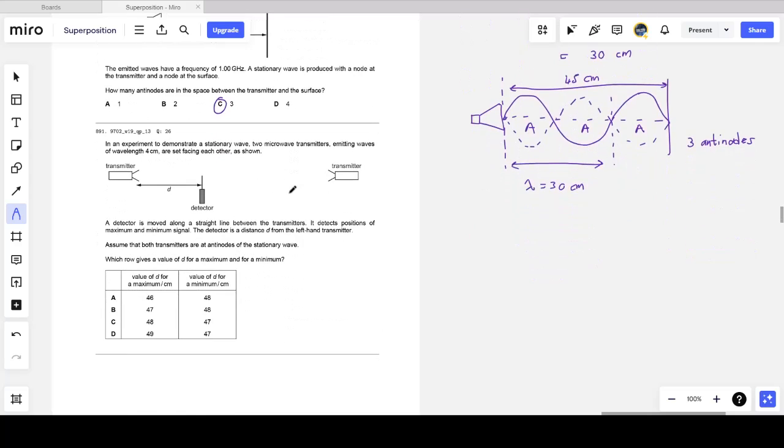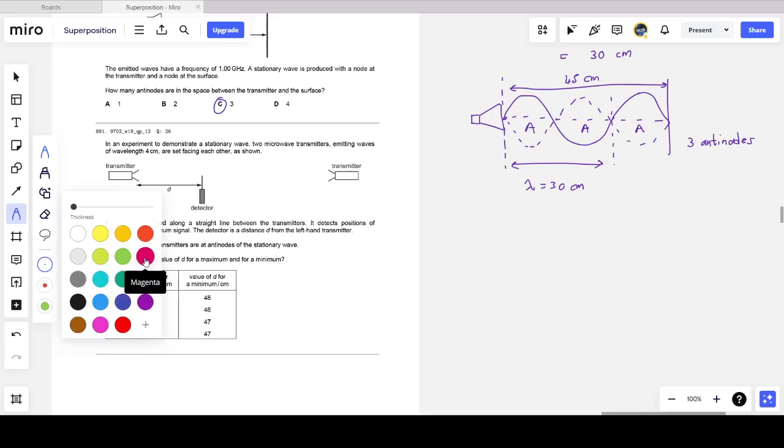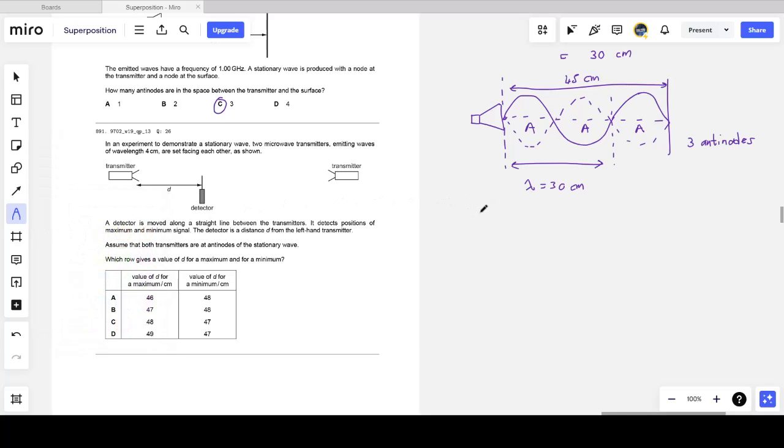Now, the last question we're going to do in today's video is 891. It's from the winter 2019 exam. It's question paper 1, variant 3, and it's question 26 from that paper. In an experiment to demonstrate a stationary wave, 2 microwave transmitters emitting waves of wavelength 4 centimeters are set facing